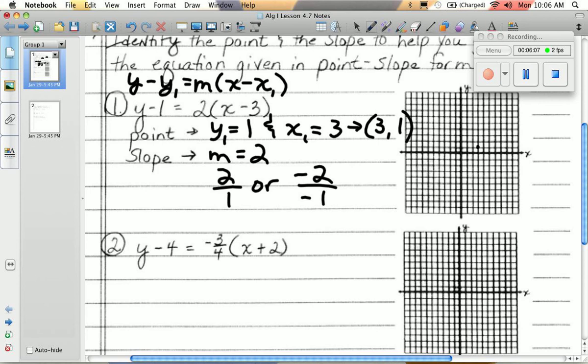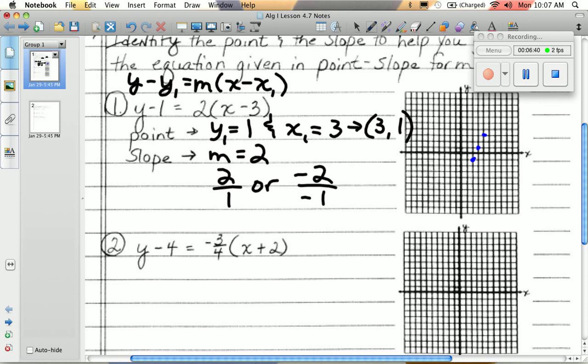And we should probably change colors here so it shows up a little bit better for you. And we have our rise over run. So there's our starting point. From there we're going to go up 2 over 1, or we can go down 2 and over 1. And we have our minimum of 3 points. Draw your line. You have graphed the equation